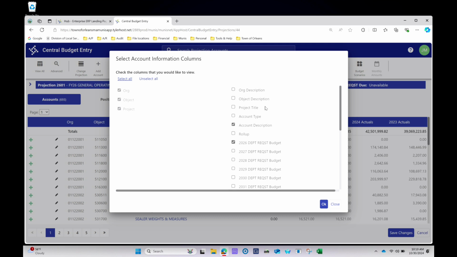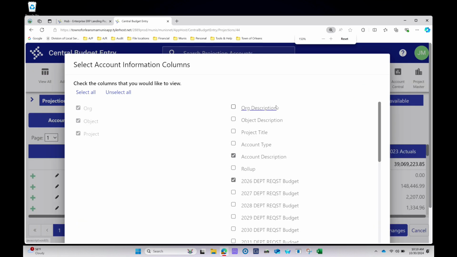Open that window up. Let me see if I can make this any bigger for you. So I want you to only unselect, on the right side, everything except account description,